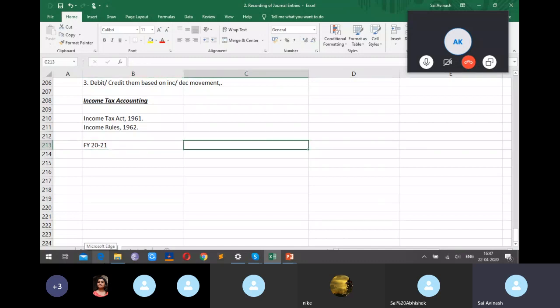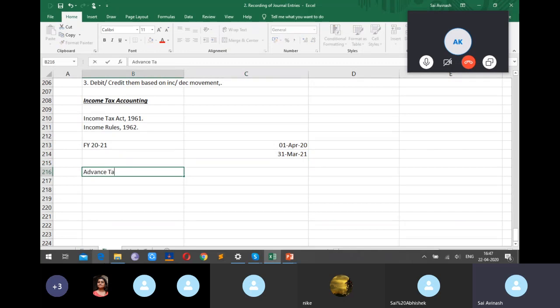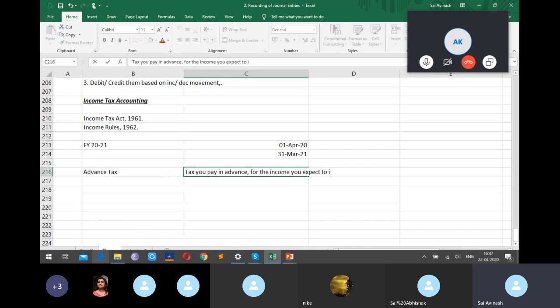So we have begun the financial year, 1st April 2020. The end of the financial year we are in right now is 31st March 2021. The income tax rules and the Income Tax Act work in three stages. You have something called advance tax, that is, tax you pay in advance for the income you expect to earn in the current